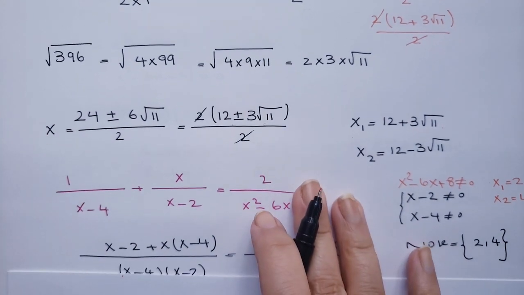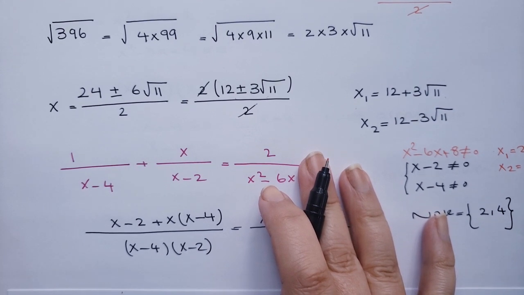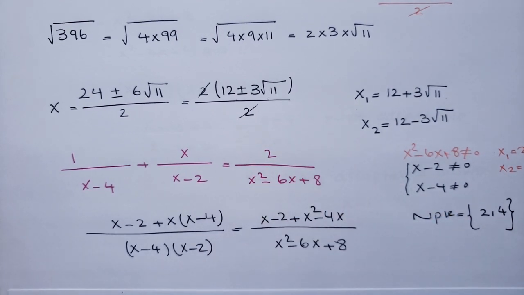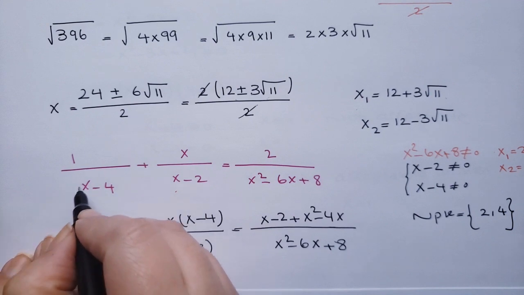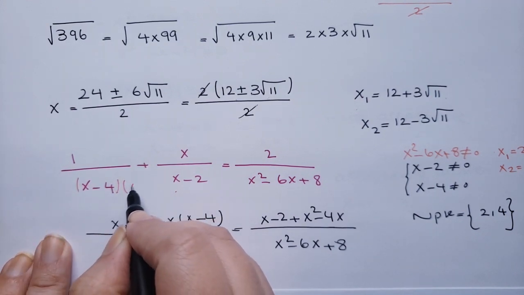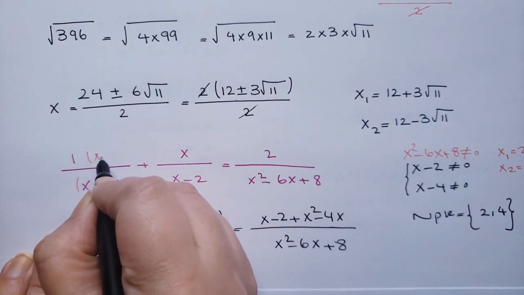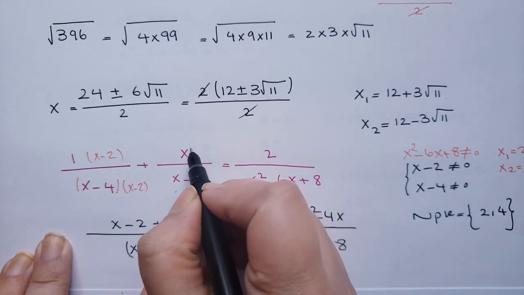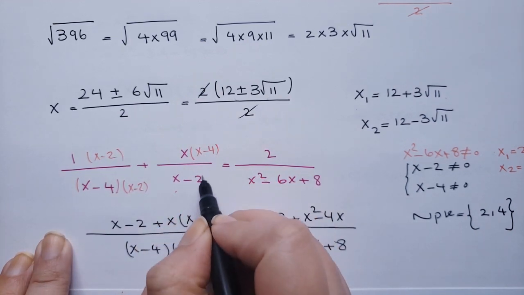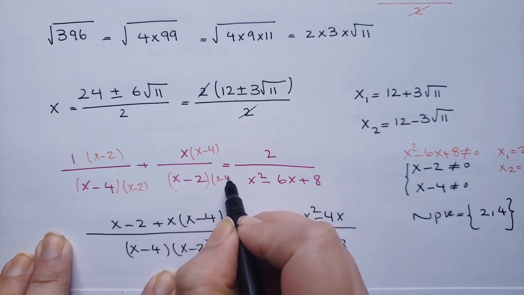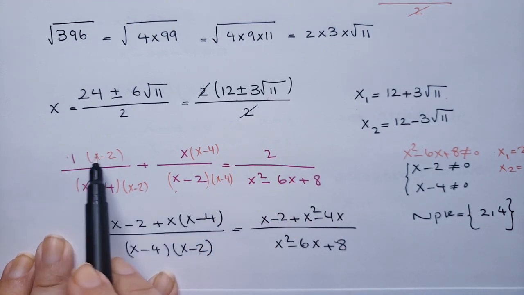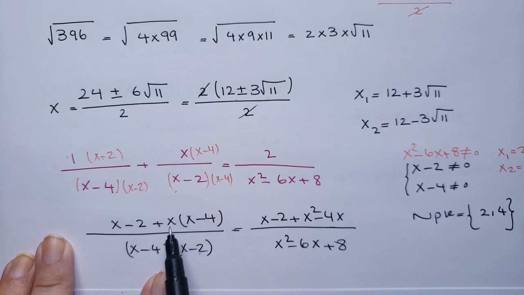Okay, so let's do cross multiplication, common denominator, and then cross multiplication, and then solve for it. So here I do common denominator. Here this one should be multiplied, I always put it in a bracket, (x minus 2), (x minus 2). Okay, and on this side multiplied by (x minus 4), (x minus 4). So (x minus 2) here plus (x minus 4), and on this side